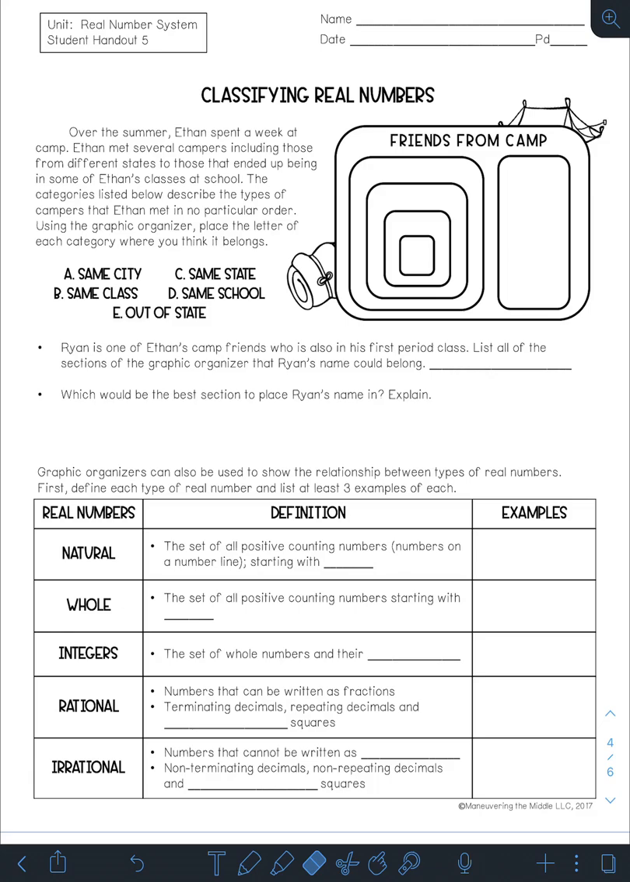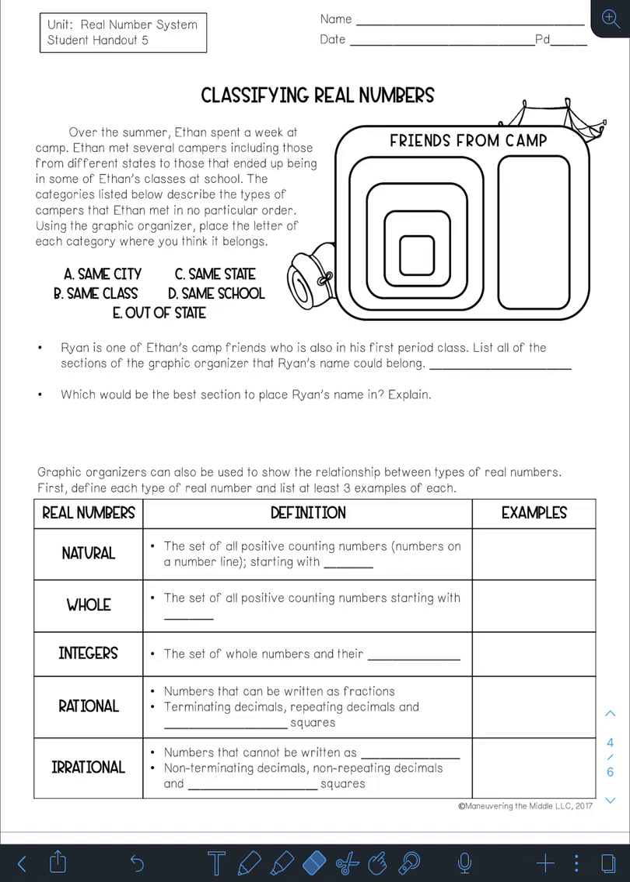What you're going to be looking at today is classifying real numbers. You have classified real numbers before, and so this is not completely new to you. On classifying real numbers, we're going to look at this example first because it's more of a realistic example to help you understand what's going on, and then we're going to look at an actual example